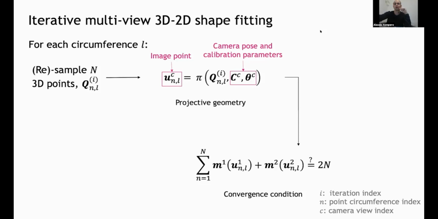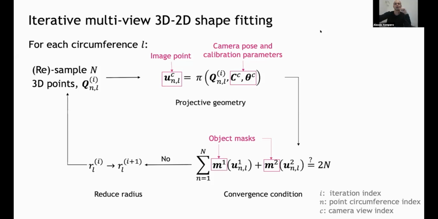And then we would like to check a convergence condition. That means that we would like to understand if all the points that are projected in the images lie in both object masks. When the condition is not satisfied, what we do is to reduce the radius of that specific circumference